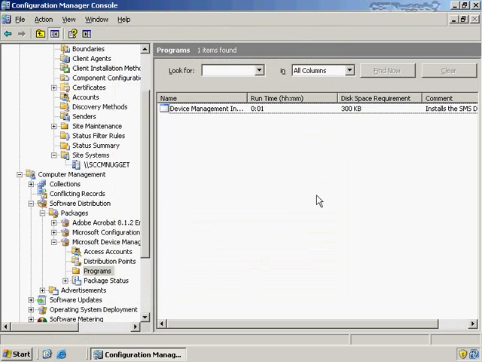Now that I've created the inventory extension, let's assume that we've deployed it out to the clients on our network, and our clients have been sufficiently extended so that they can actually make use of it and send their device information to Configuration Manager. The next thing we need to do is create another package for installing the client to those mobile